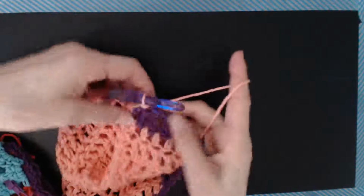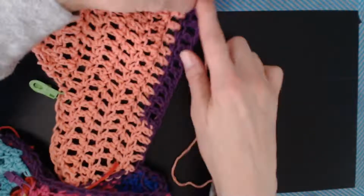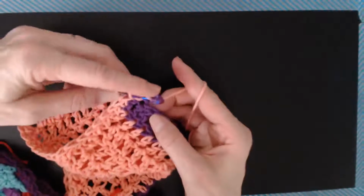So now we're working along our very beginning chain. Okay, so we need to begin that. This is the beginning chain from the armpit. That's why it's purple. And remember, I went back and changed colors so that everybody could see. Now we're going to be working along there, and I'll show you how that is, and then I'll change colors. Well, maybe I won't. You want to chain two, and then you want to crochet into the next one. Now, if you're doing